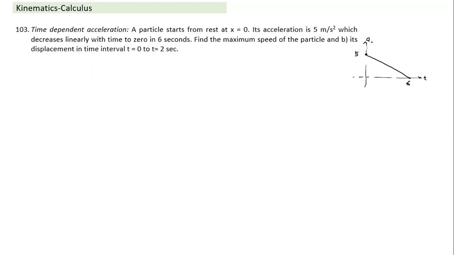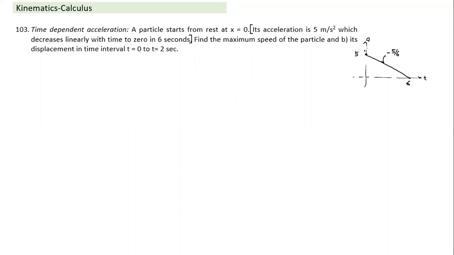So now it's a relationship where, rather than y and x, you have a and t. The equation will be that of a straight line, y is equal to mx plus c. Can you write the equation? What is the slope here, Akul? Delta y by delta x, so minus 5 by 6. And the y intercept is 5. So I can write an equation between a and t. The wording of what is given here can be converted into a mathematical relationship, and once we convert it, we can proceed further.